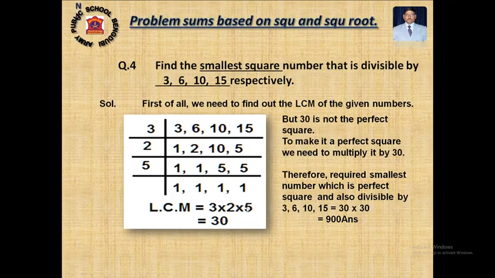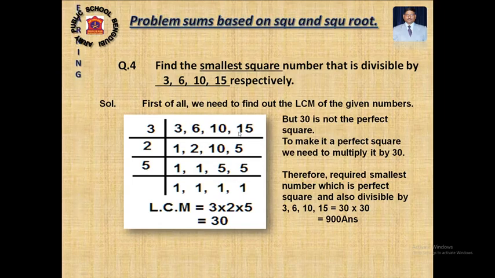Okay. To make it a pair, I need 1, 3, 1, 2, 1, 5. That means 30 again; we have to multiply it to the given LCM. Okay. To make it a perfect square, we need to multiply it by another 30. So if we multiply by 30, our result will be 900. So 900 is a perfect square number and also